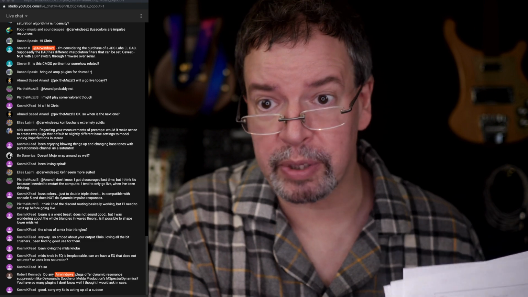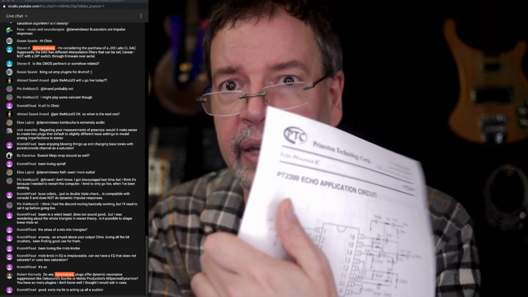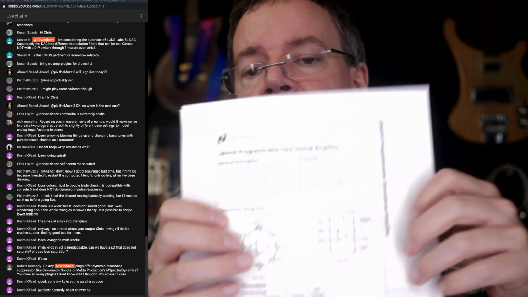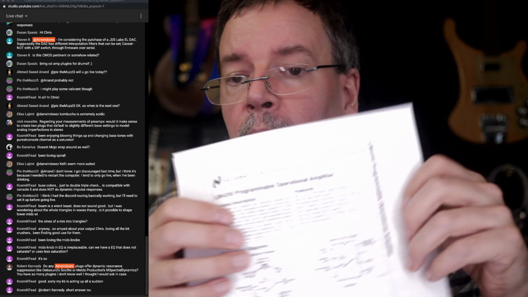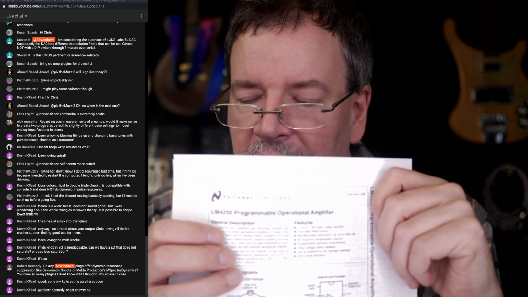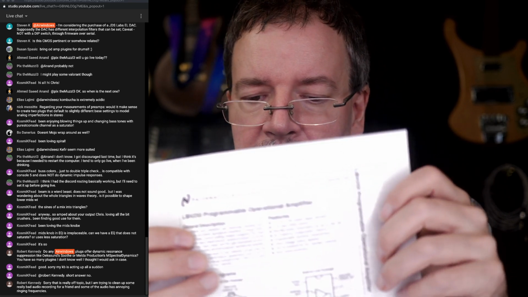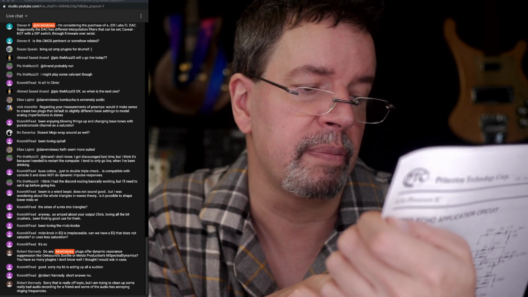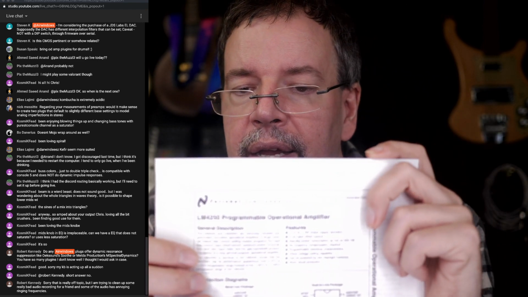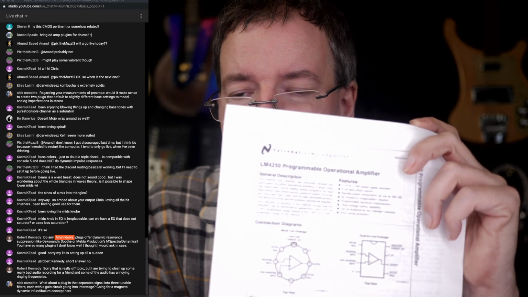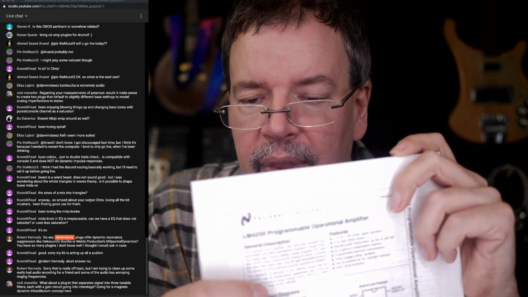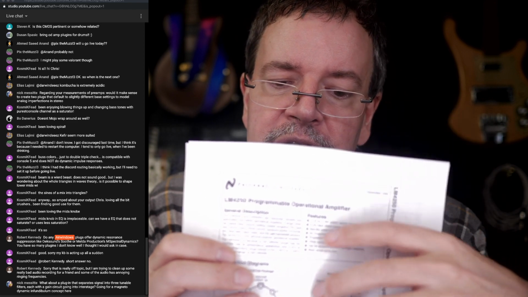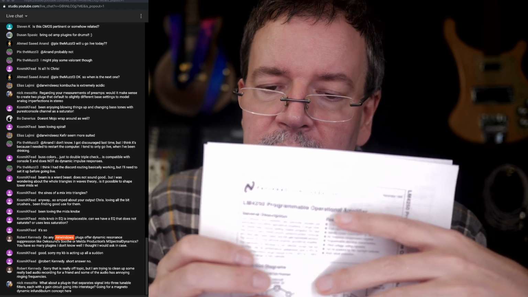I'm going through all these because this is all of the stuff that I gotta get into a form that works. Here's an interesting one. LM4250 Programmable Operational Amplifier. This is an op-amp, but it's an op-amp where there's a special setting you can do. Quiescent current set, I believe, is how that works. And you can make it have analog limited slew rate. And you can also set it to run on like micro power.